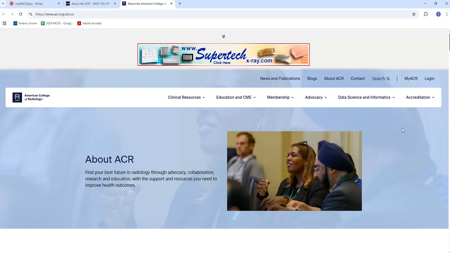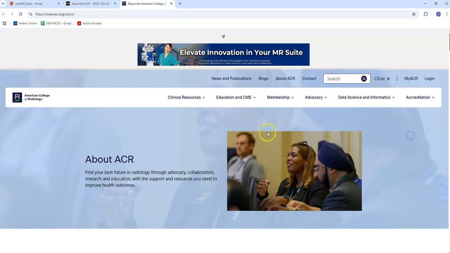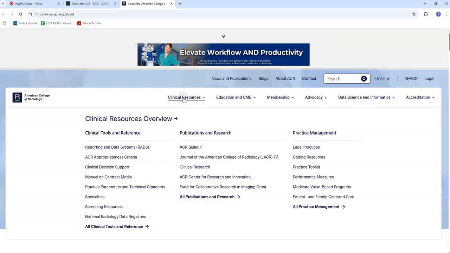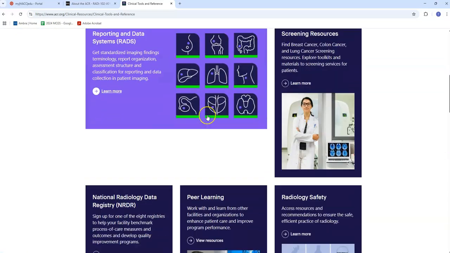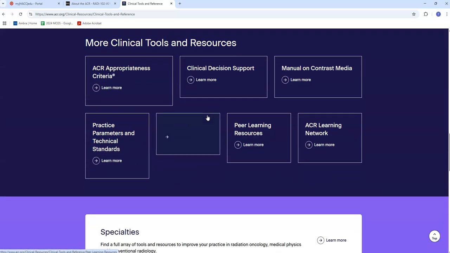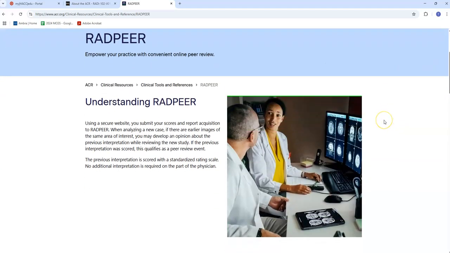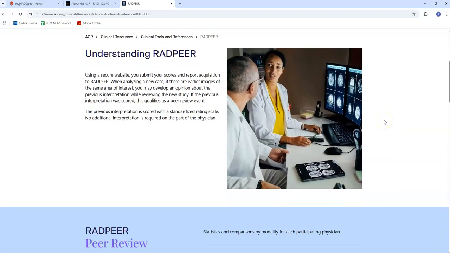And there's an assignment this week about RadPeer. And if you go, you can just go search, and you can put in RadPeer here. That's an easy way to get to it. Or you can go clinical resources, all clinical tools, and then come down here and find RadPeer right here. So RadPeer is the process of peer review, right?